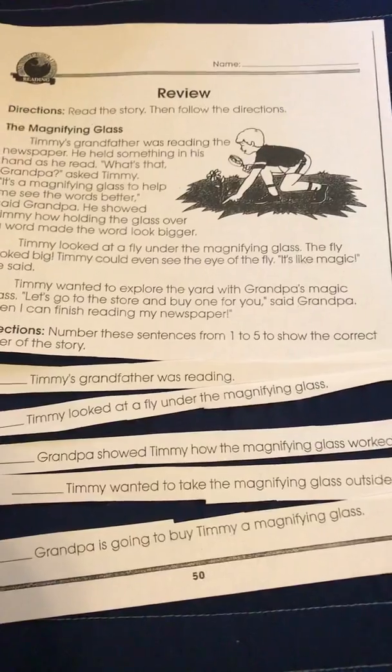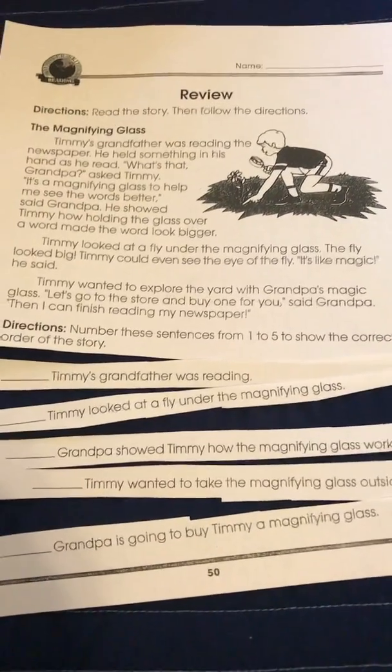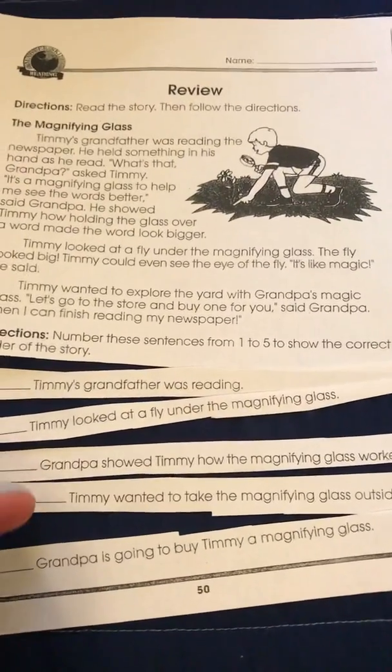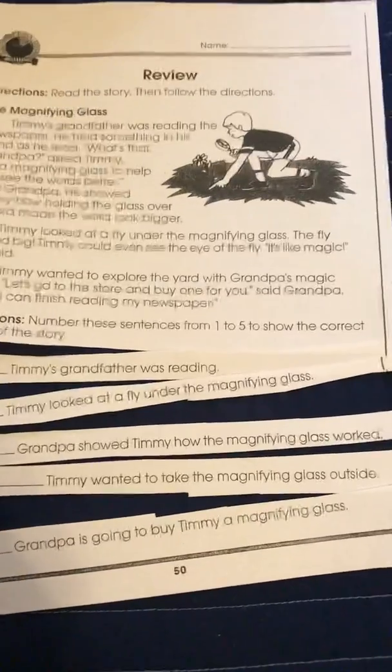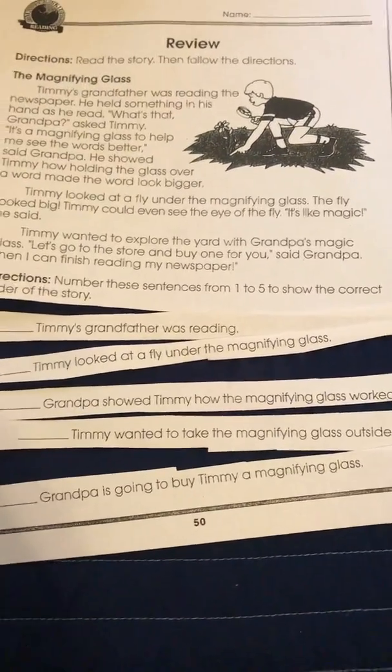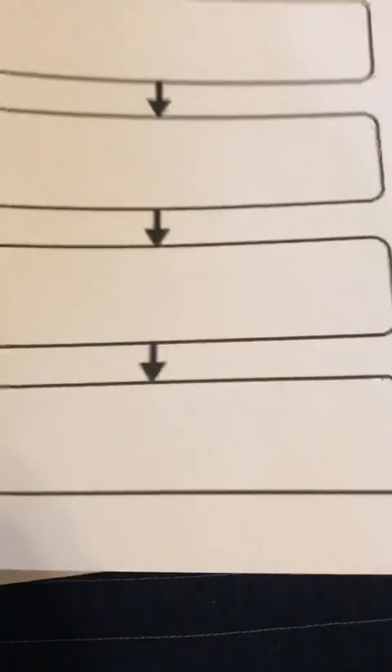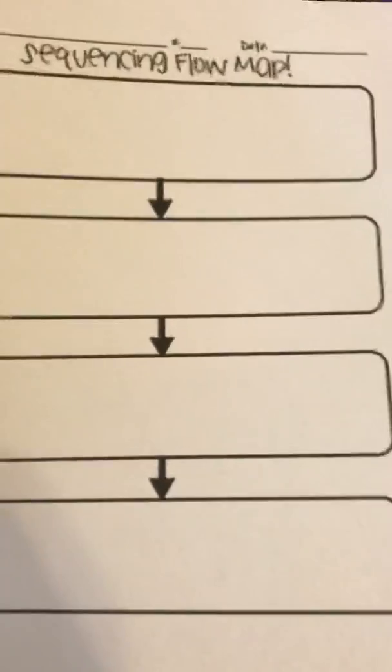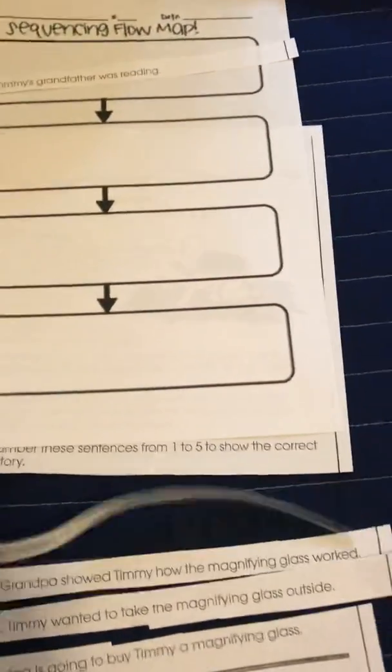So what you're going to do is look at the passages, and then at the bottom of each there's a series of events that happened in the story. As you can see, I've cut mine apart. What you can do if you have a child who maybe doesn't like to write so much is look at the flowchart or draw a flowchart and simply glue or place the sentences in the order that they